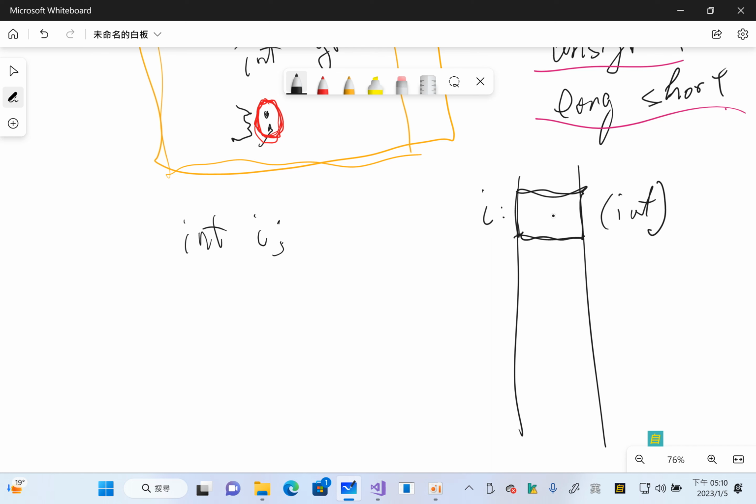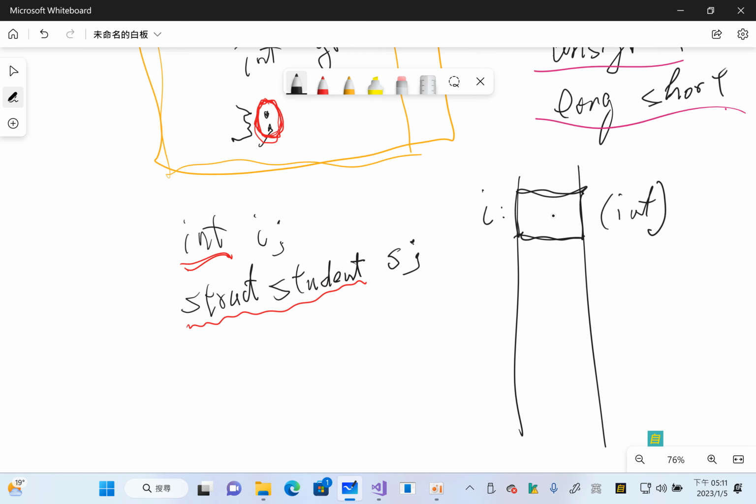Now, this int can be replaced by struct student. The role of int is the same as the role of struct student. This is a new data type, and we can define a variable called s, just like we can define a variable called I. So by declaring something like this,